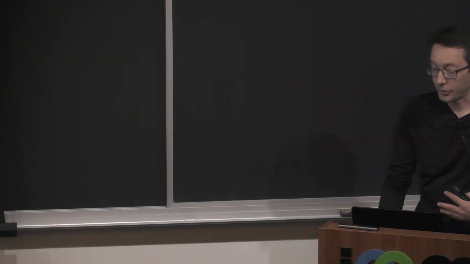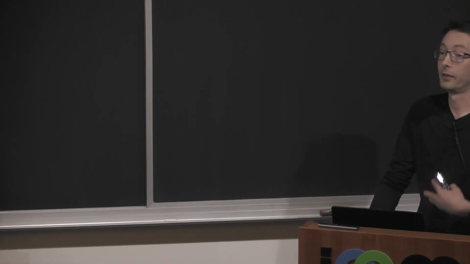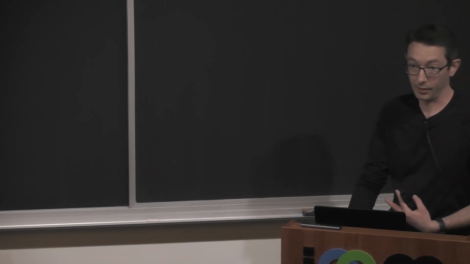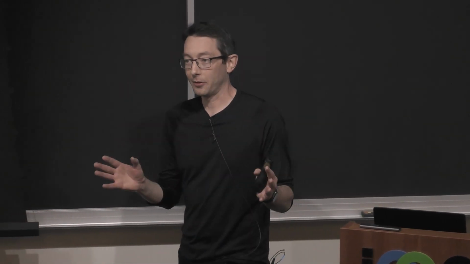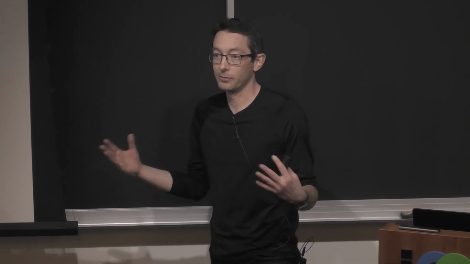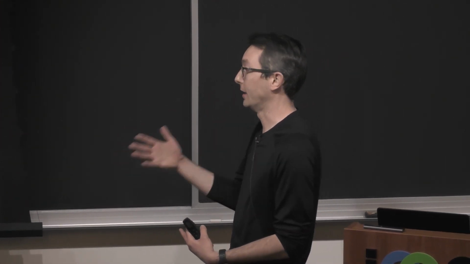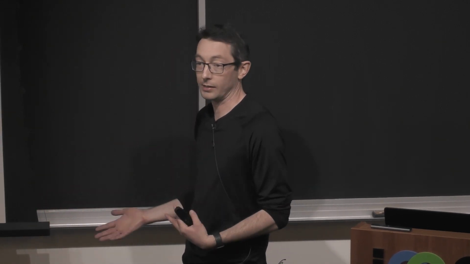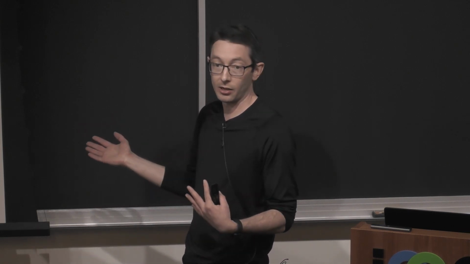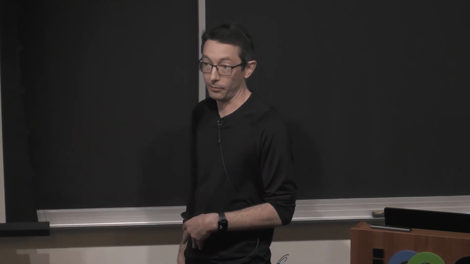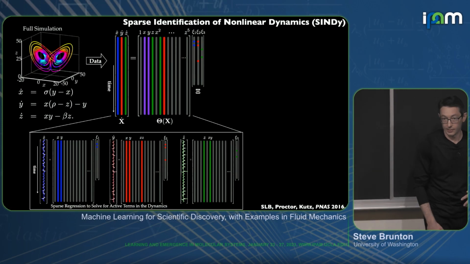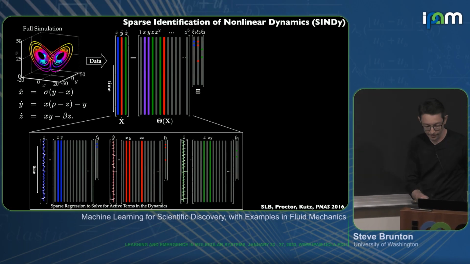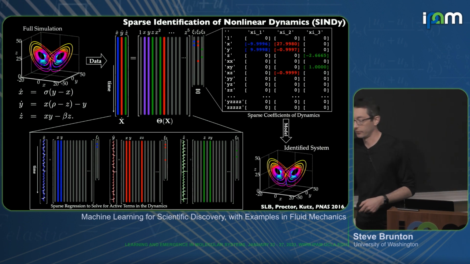So instead, what I do is I try to find the sparsest combination, the fewest columns of theta that add up to x dot, that add up to y dot, and that add up to z dot. Okay? And that sounds easy. It's really easy for me to say the sparsest combination or the fewest terms in theta. 20 years ago, that would have been an NP-hard brute force search. That is not in general a convex optimization problem, but in the last 20 years, there have been huge advances in sparse optimization, and now there are dozens of commodity algorithms that approximately solve that problem. We came up with our own for this 2016 paper. In fact, I'll tell you a little bit about how we do it. It's pretty interesting, and it'll be relevant later.